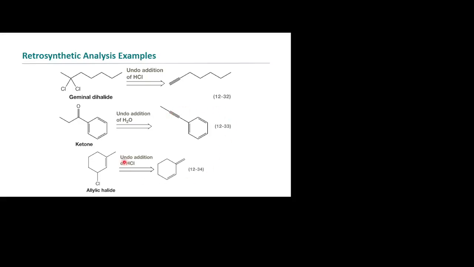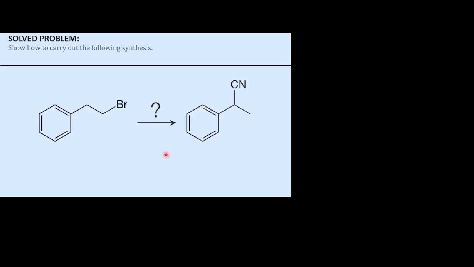Okay. And so this right here would be the allylic halide where we have the double bond and the halide on there. And that would be that conjugated system we were talking about. See, the double bond ends up in the middle, doesn't it? And so the double bonds will be on both sides of that. Okay? All right. So how can you carry out the following synthesis? I need you to draw out that retrosynthesis for me. How can you carry out this synthesis?